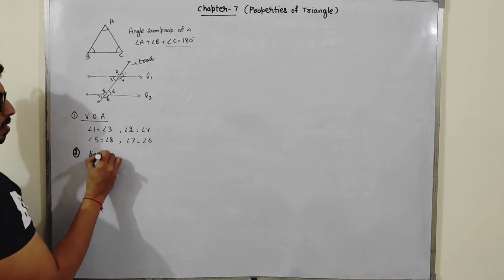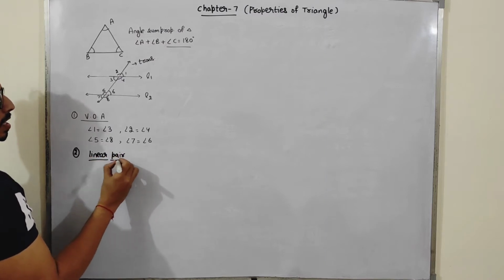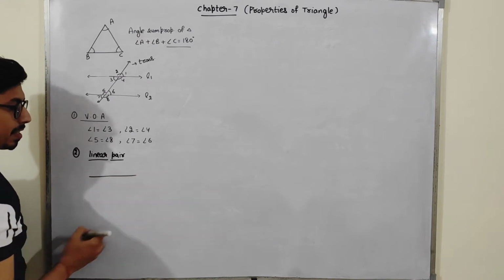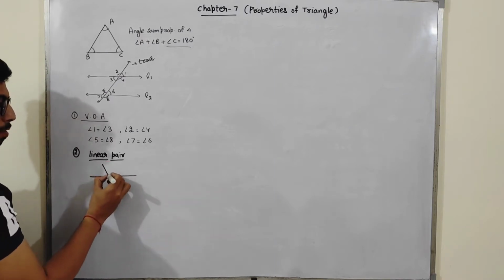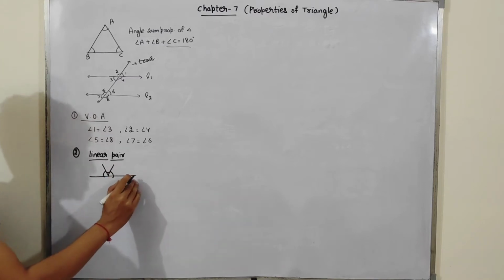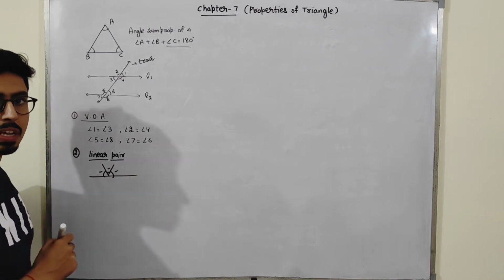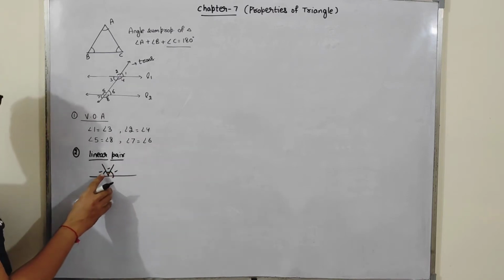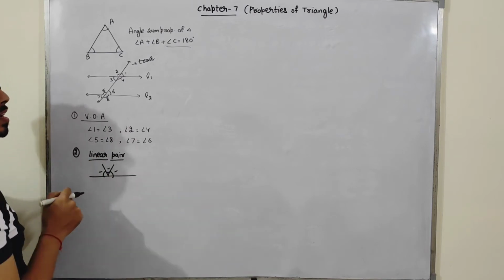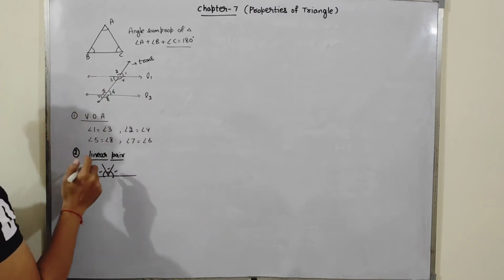Now, students, linear pair is the next portion. See, what does linear pair mean? If we have a straight line, then the sum of the angles, see this and this, if this is a straight line, the sum of these angles will be 180 degrees because of linear pairs. Here we can have 2 angles, 3 angles, 4 angles or as many, but the sum of these angles will be 180 degrees.